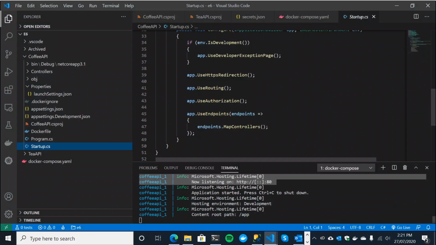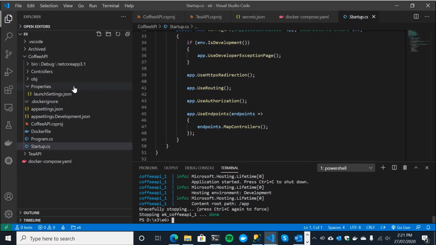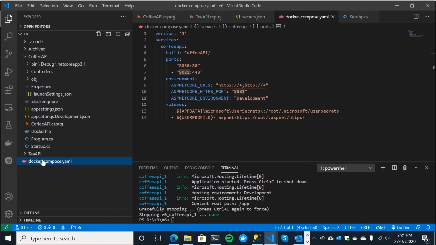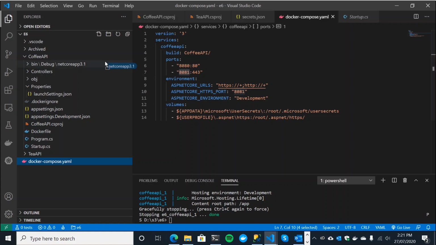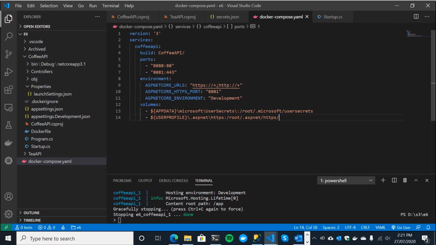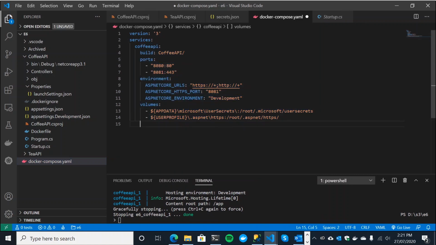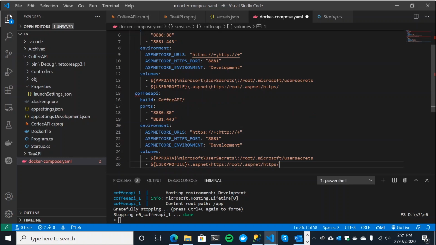All right. So that's excellent. So we Control C, it should bring down our coffee API, there you go, it stops it. So all we need to do then, really, is do a bit of a cut and paste. I'm sure you don't mind now that you've seen how it works. We'll have to make some minor adjustments to get it all working, but we will copy it from here. And then we will, and this is where you've got to be really careful with YAML files.